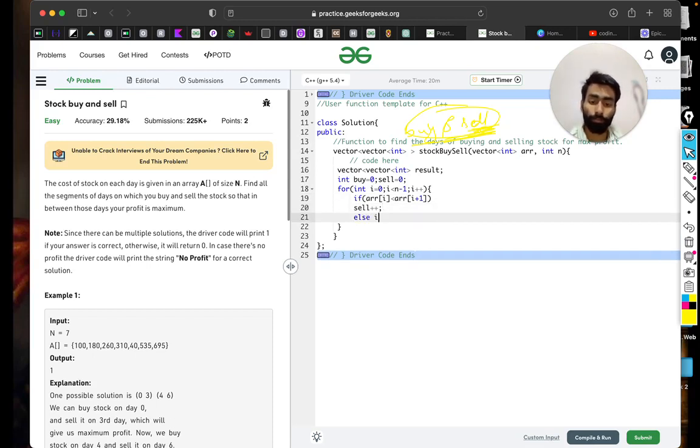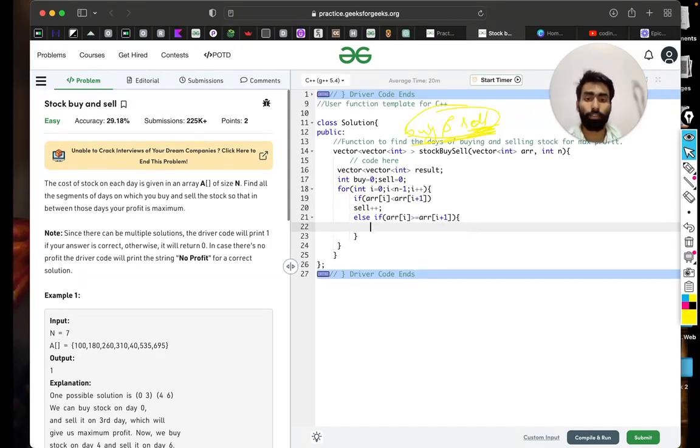Else if array[i] is greater than or equal to array[i+1], in that scenario we will check if the buy and sell are at the same point.